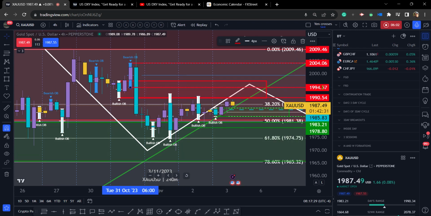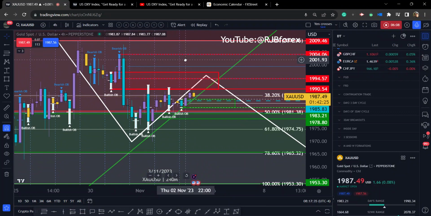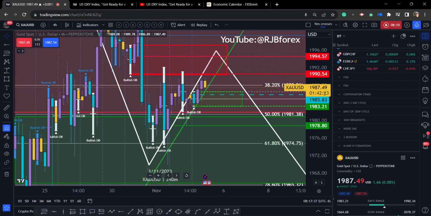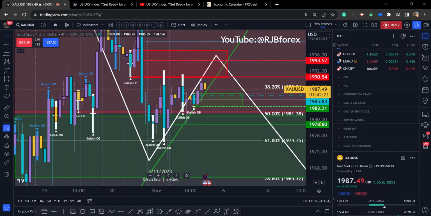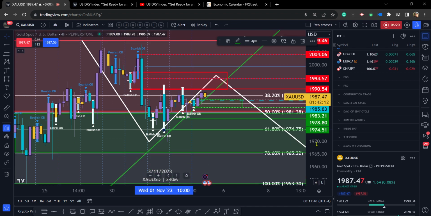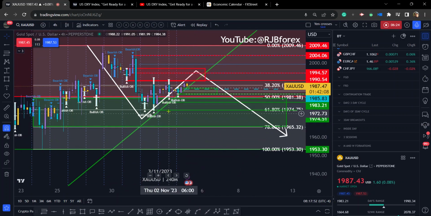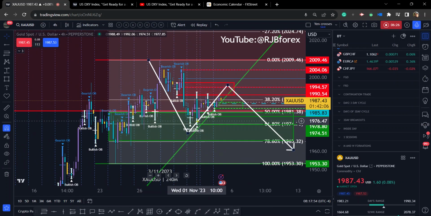Up into 1995 and through the psychological 2000 figure. On the flip side, a break below these levels, 1978 and 1975, 1976, again acting as a key level, then that downside argument, impulse correction, continuation to the downside will be intact